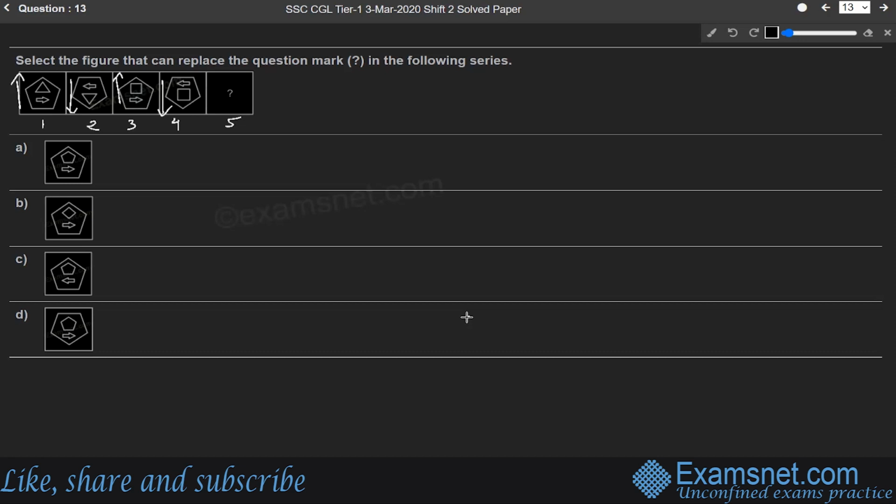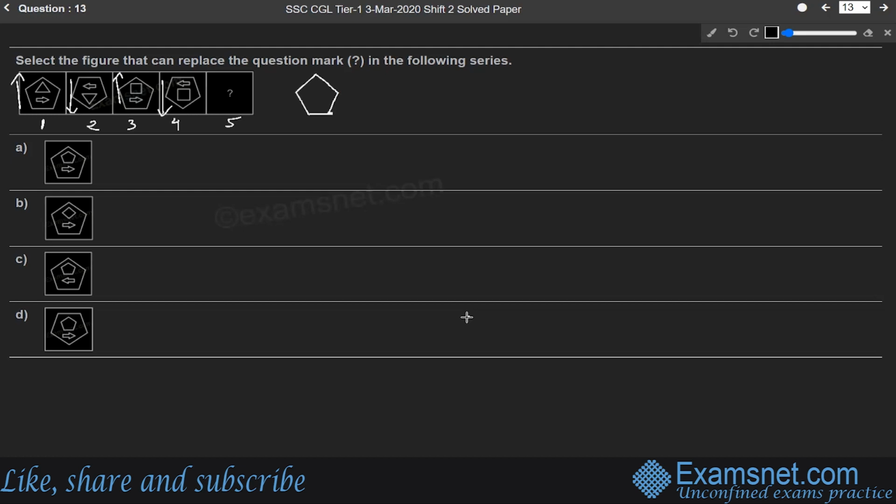It is obvious that it will face upwards, because in the fourth picture it was facing downwards. So in the fifth picture, it will face upwards. So first, let us make a pentagon facing upwards. So consider this as the pentagon. Now you can see that in the first picture, inside a pentagon, there are 2 figures, that is a triangle and an